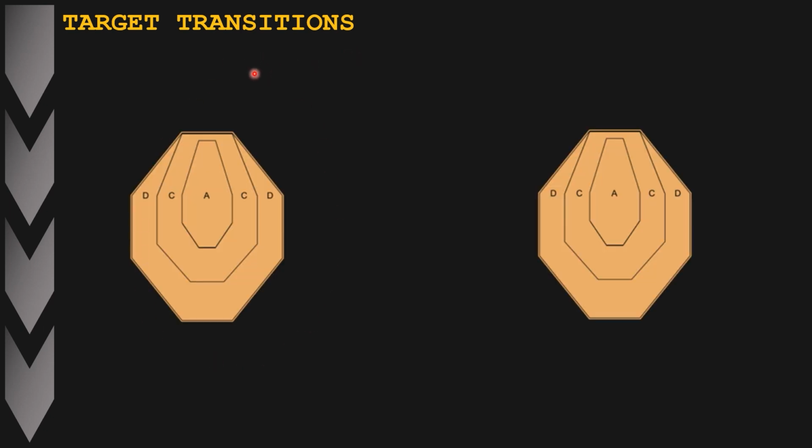If you want to engage two targets, as in this case two paper targets, it's important that you select points of aim during your walkthrough per target where you're going to overlay your iron sights or your red dot. The point of aim is the point where you will actually zoom your eyes into and you will fire off your shots. Now, as soon as the second shot leaves the barrel, and that's not the same as verifying the actual hit on the target,